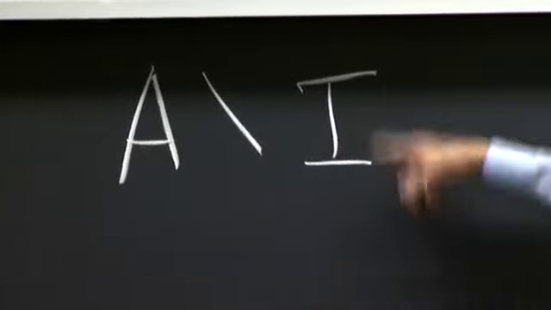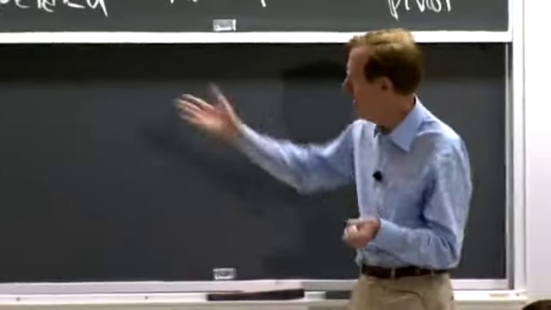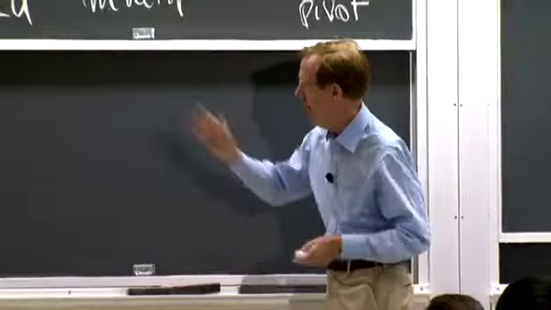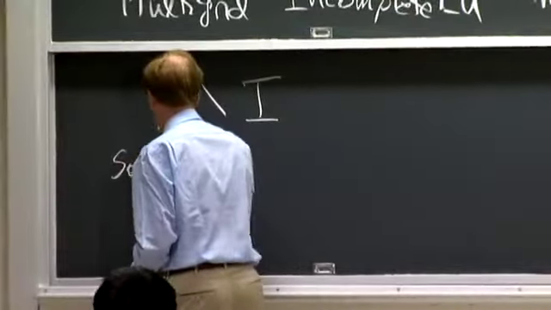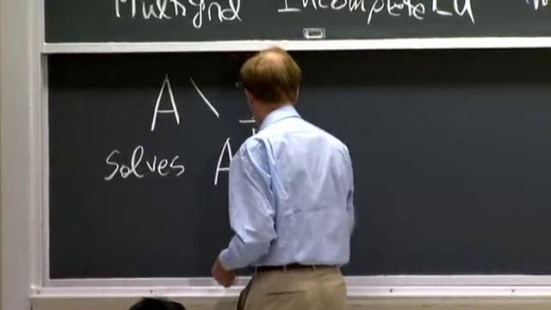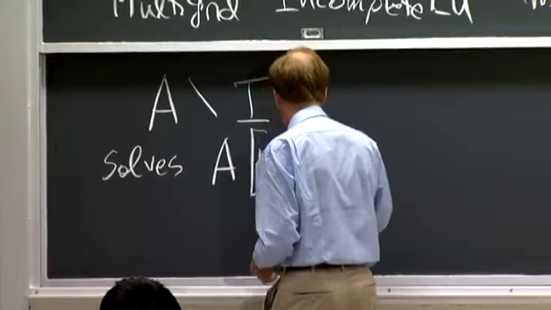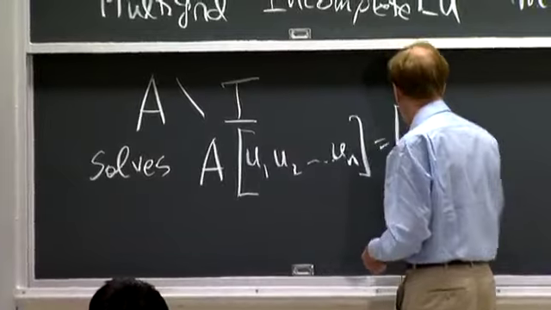Instead of a single vector B, or instead of 2 vectors B and C, I'm now putting N. That's okay. Backslash will work with that. That's a shorthand for solving. This solves all these equations,